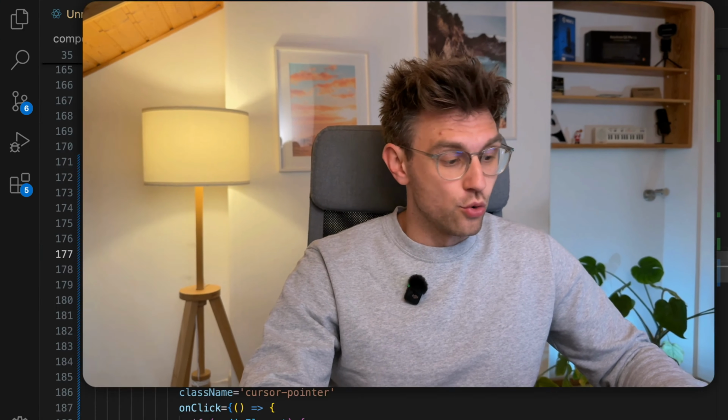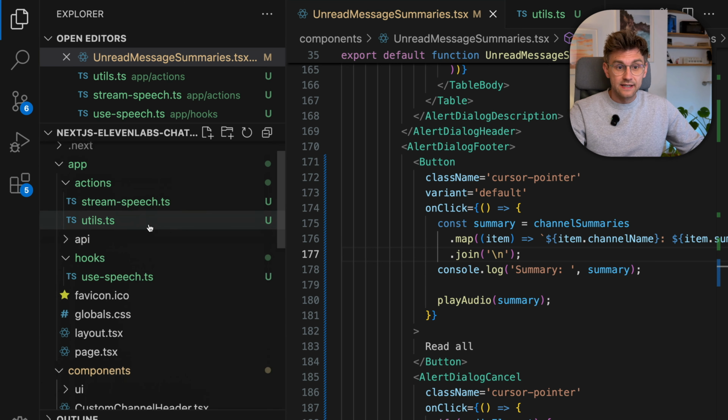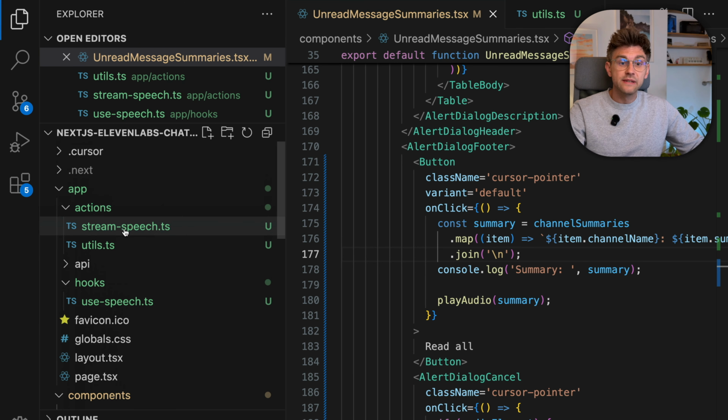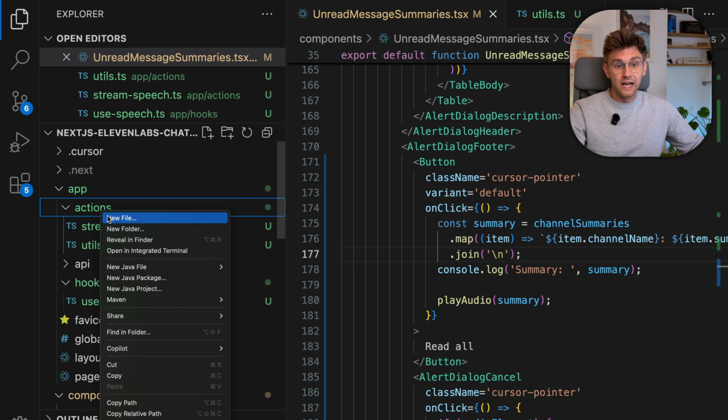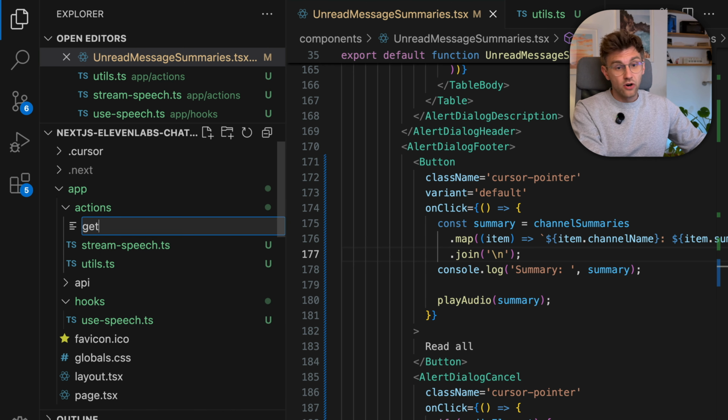Everything works just as we expected to. So that's great. But now let's add one more functionality. This last feature is giving the users the option to select a different voice for reading out these messages. So let's jump back into the code, and next to the stream speech action, we will add another action, and we call it